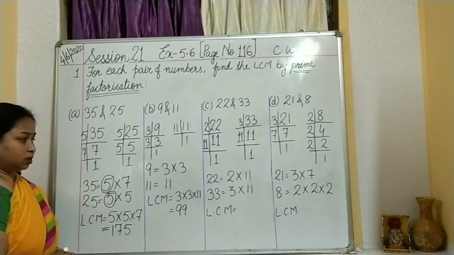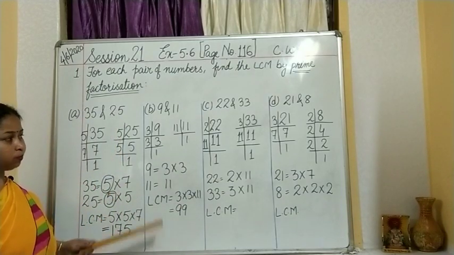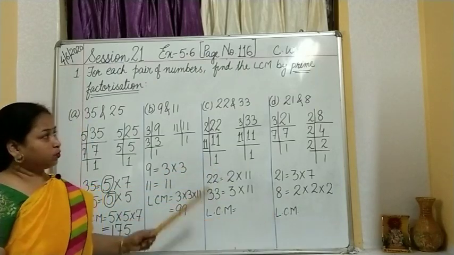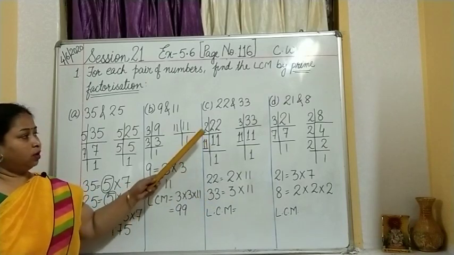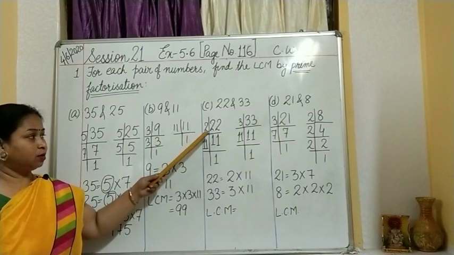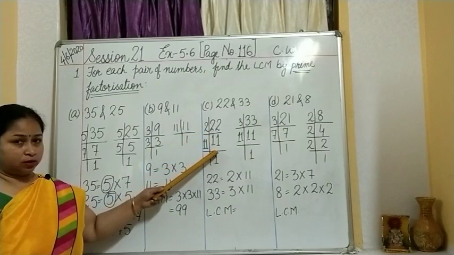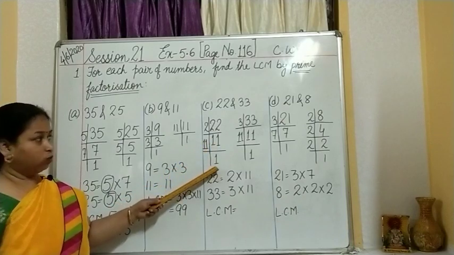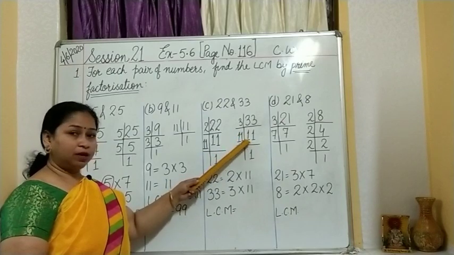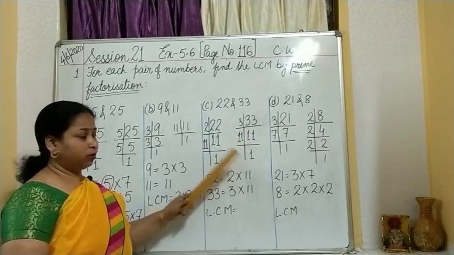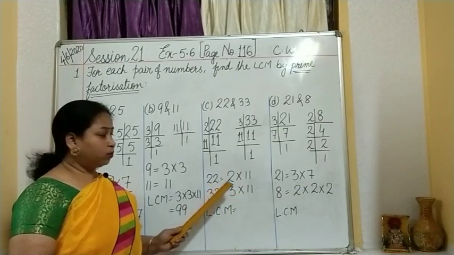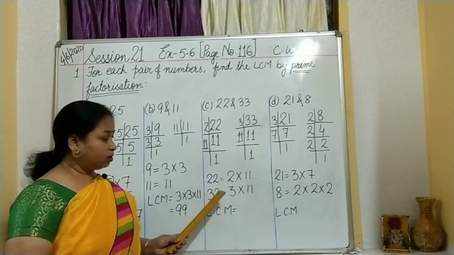So these two questions I have worked out in front of you. These two I will just explain, although I have worked them out, but I have not found the LCM. 22: the smallest prime factor is 2. So 2 11s are 22, then 11 divided by 11 you will get 1. Then 33 divided by 3 you will get 11. 11 is a prime number, divided by that and you get 1. So now you are ready with the prime factors. The prime factors for 22 are 2 and 11. Prime factors for 33 are 3 and 11.